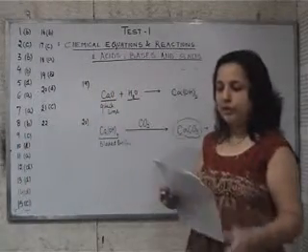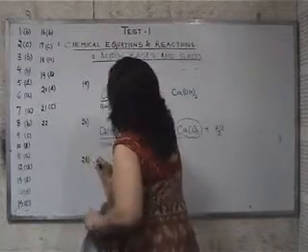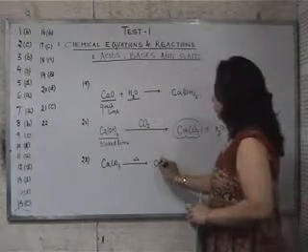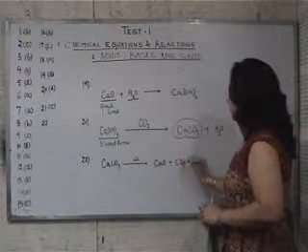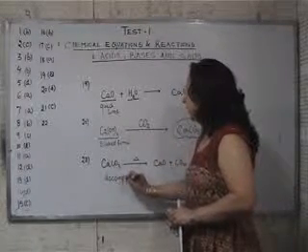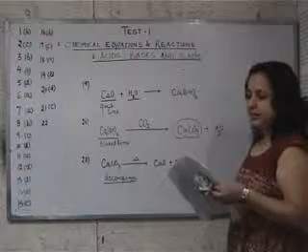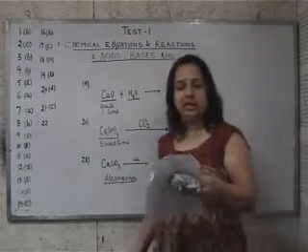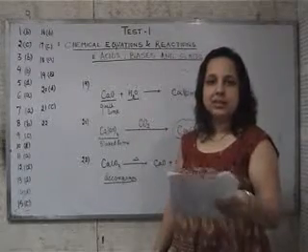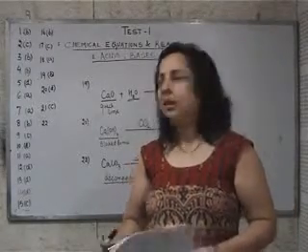22nd question. Which compound is formed when calcium carbonate is heated? On heating, we get calcium oxide plus carbon dioxide. This is decomposition of calcium carbonate to calcium oxide and carbon dioxide. The options are A, alpha, calcium oxide, B is calcium hydroxide, C is calcium sulfate and D is carbon monoxide. Your correct answer is calcium oxide, A, alpha.